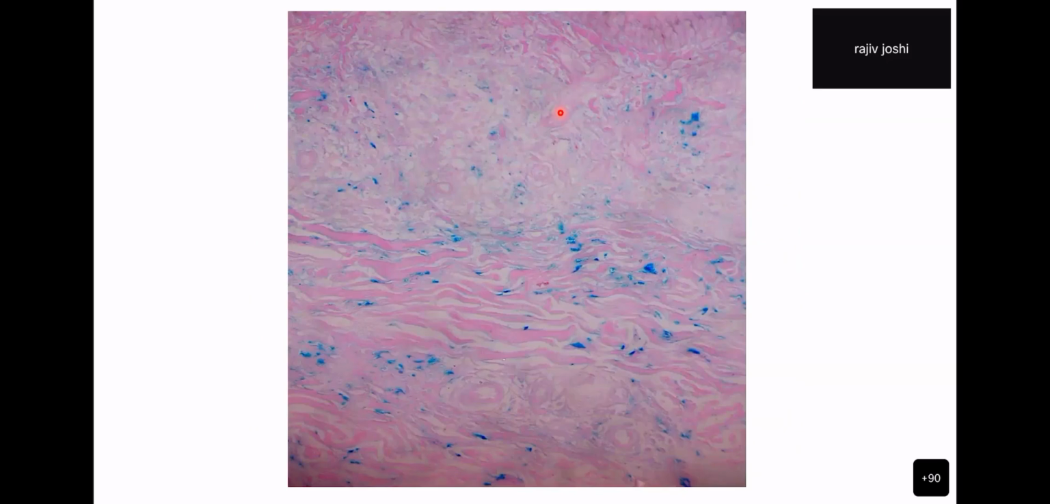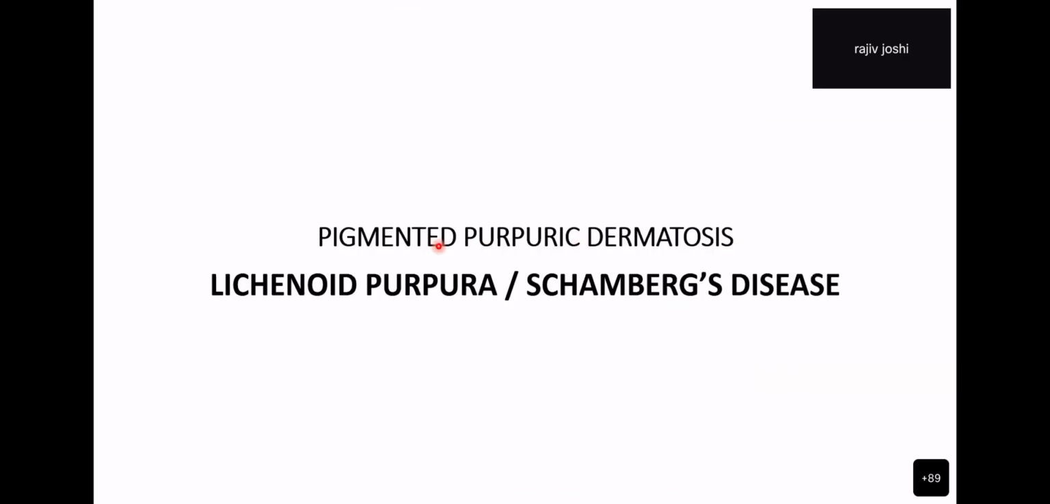Now what this actually is, is hemosiderin. These are not melanin granules. These are hemosiderin granules, and this is the stain for iron. So this positivity shows hemosiderin. This is not mucin. I shall show you how mucin looks later. Mucin appears as very stringy material. This is hemosiderin. So putting it all together, the diagnosis is pigmented purpuric dermatosis, also known as lichenoid purpura